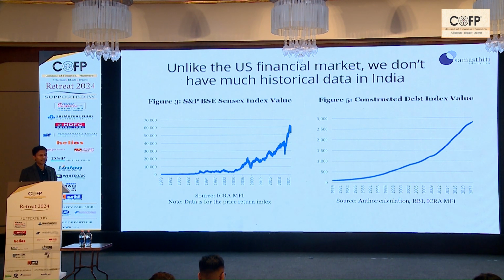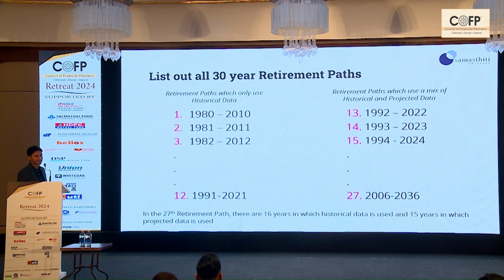Essentially, we are looking at 40 to 50 years of data. Now, when Bengen did this analysis in the US, he actually had 100 years of data, which made his job a little easier, because he could really look at a century of financial data to try and estimate what the withdrawal rate will be. Now, this limited data in India presents very, very unique problems. So let's take a look at why that's an issue.